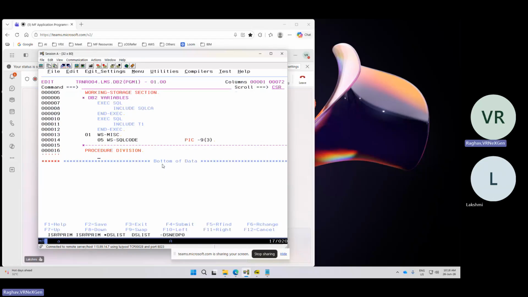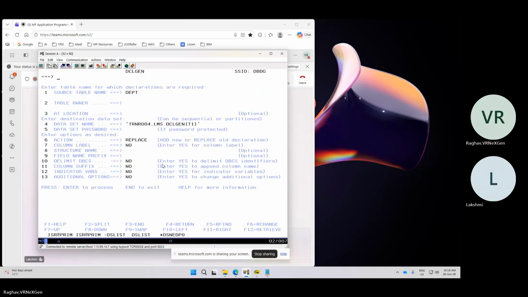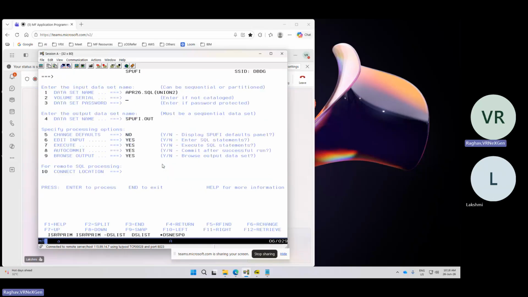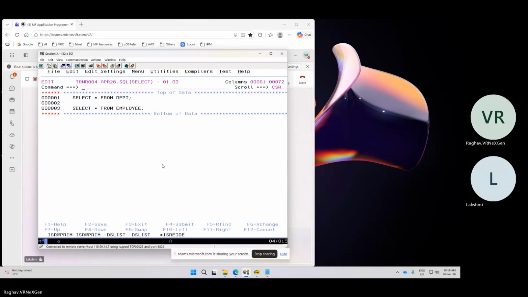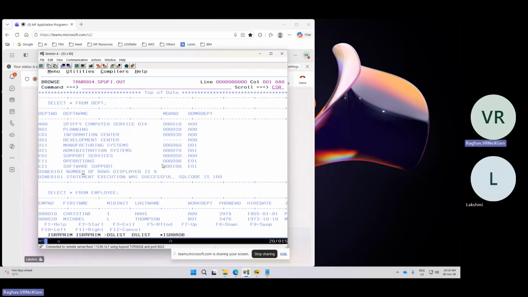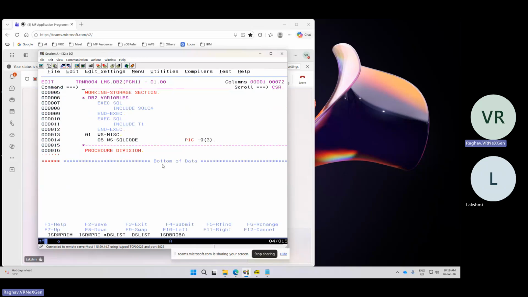So in the procedure division, I'm going to insert one row in the department table, let's say. Let's see what data is currently in the department table. I think I have a select here. So currently I have 9 rows, right? So let me add some row here through the program. So how will I do that? I have to